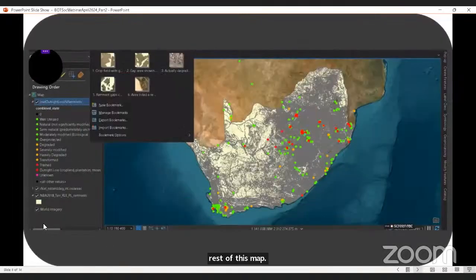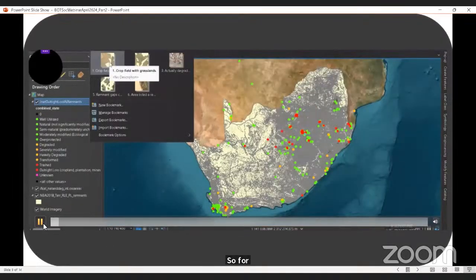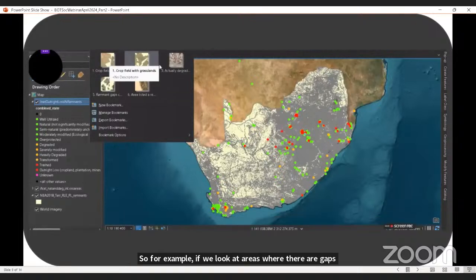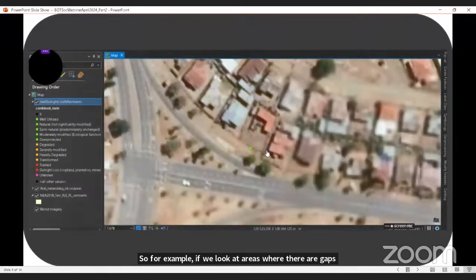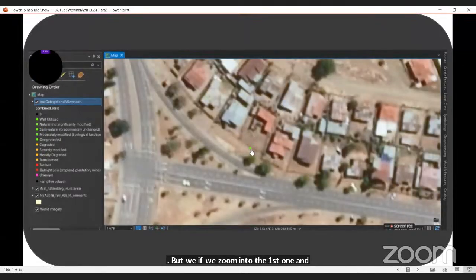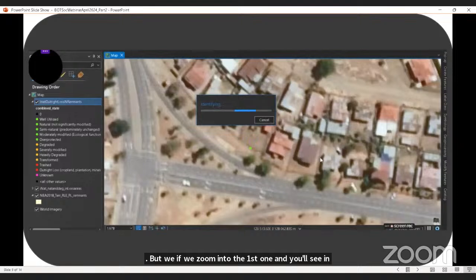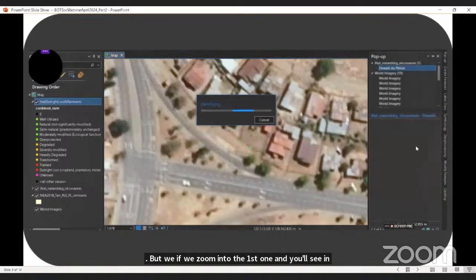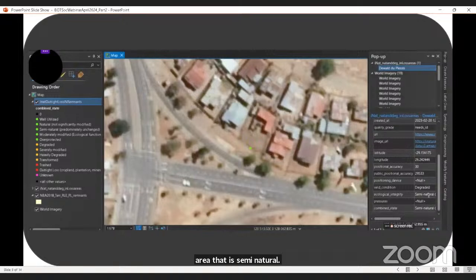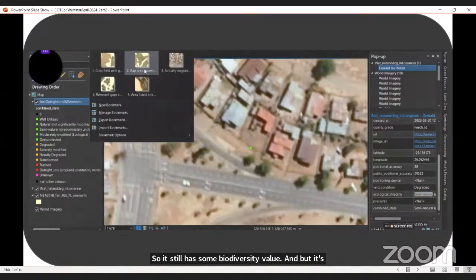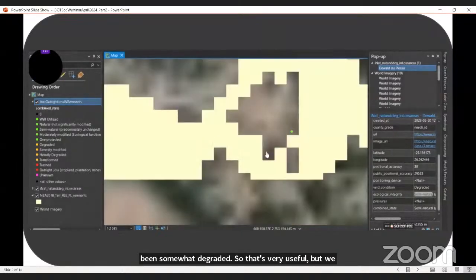So for example, if we look at areas where there are gaps, if we zoom into the first one, you'll see in the attributes, it says you have told us that this is an area that is semi-natural. So it still has some biodiversity value, but it's been somewhat degraded. So that's very useful, but we wouldn't want to change this area to now a natural area